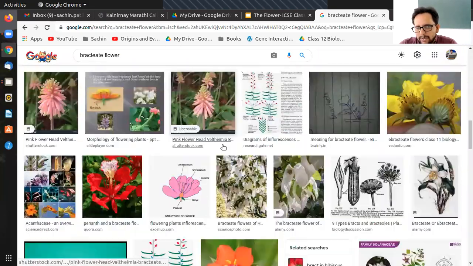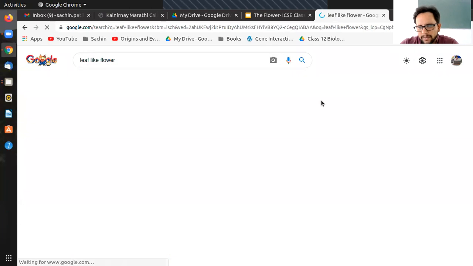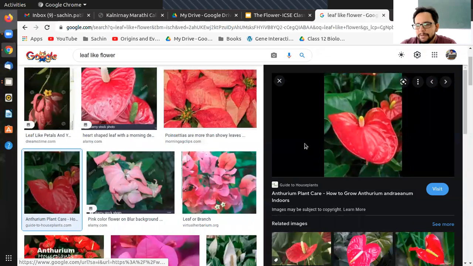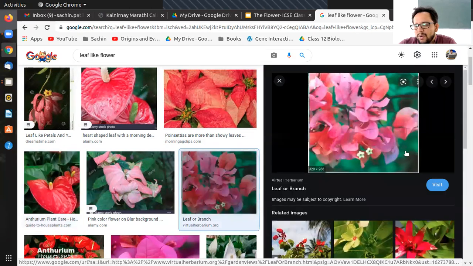Let me find it. Yeah, this one, anthurium, it is called. And again, you would have seen it in many gardening plants. So this is another flower which has a leaf-like structure arising from the axil of the leaf. And this is very colorful, as you know already. And surely bougainvillea that you know of is another example of the bracteate flower.